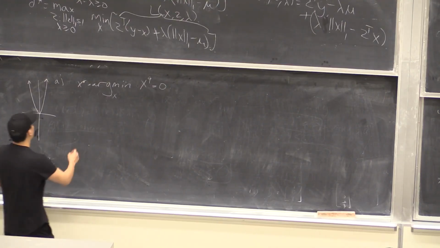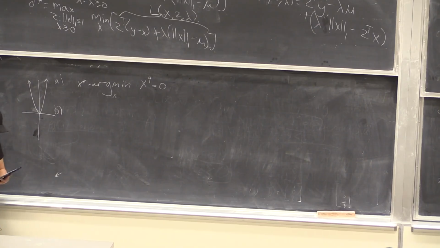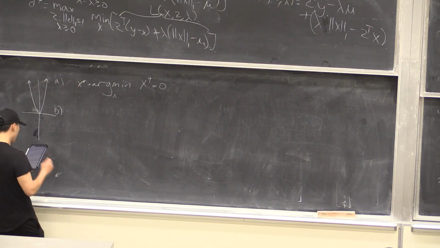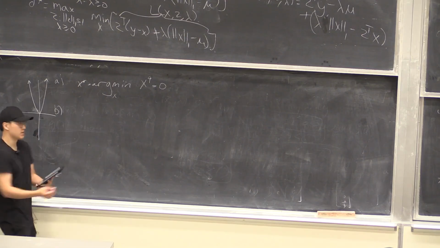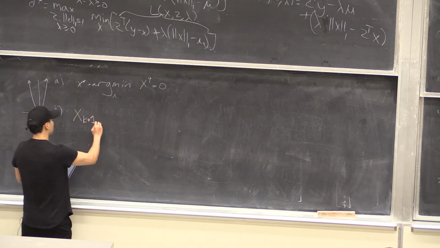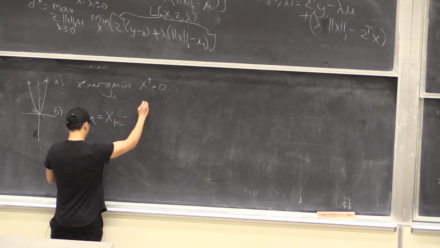Okay, so for part B, now this is a little bit more interesting, and we want to analyze the performance of Newton's method on this problem. And we want to find the minimum steps. So the problem gave us the scalar form of Newton's method, which is x_{k+1} equals x_k minus